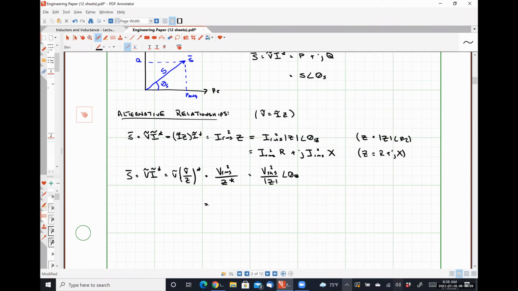or in rectangular form, V RMS squared over the magnitude of Z squared times R plus j V RMS squared over the magnitude of Z squared times X. Again, using the polar and rectangular form of the impedance. So now,